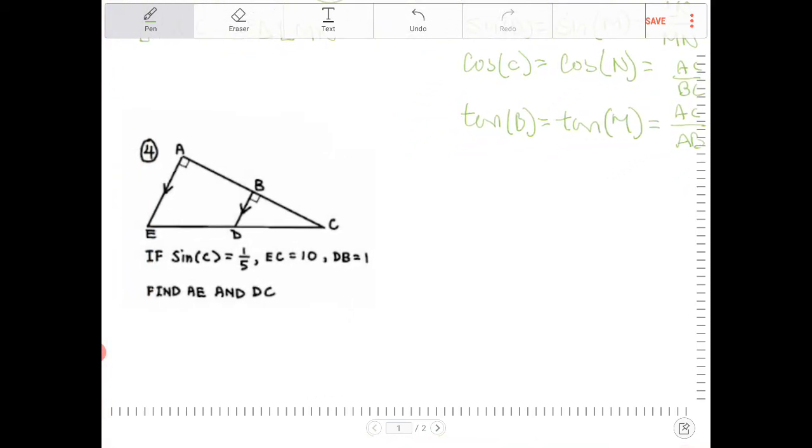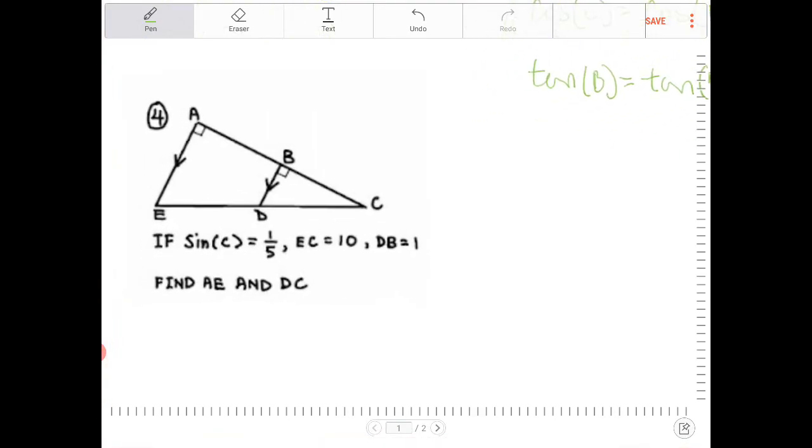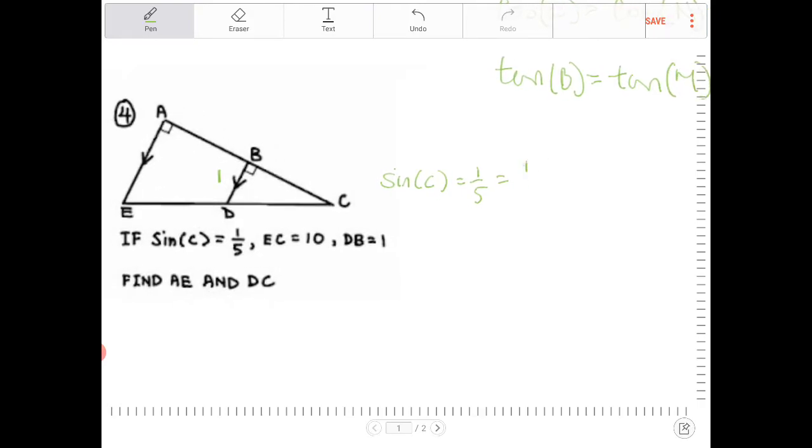Okay, if sine of C is equal to 1/5, EC is equal to 10, DB is equal to 1. So this guy here is 1, and EC is equal to 10. Okay, find AE and DC. All right, so if sine of C is equal to 1/5, and sine of C is equivalent to the ratio of opposite to hypotenuse, so that would be DB over DC. DB is 1,